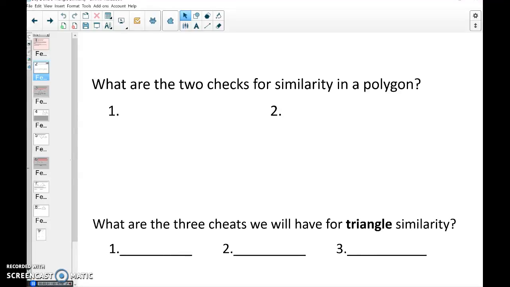Hello everyone. This is the second day of our triangle similarity proof section. Yesterday we did the side splitter, so if you missed that, make sure you go back and do that one